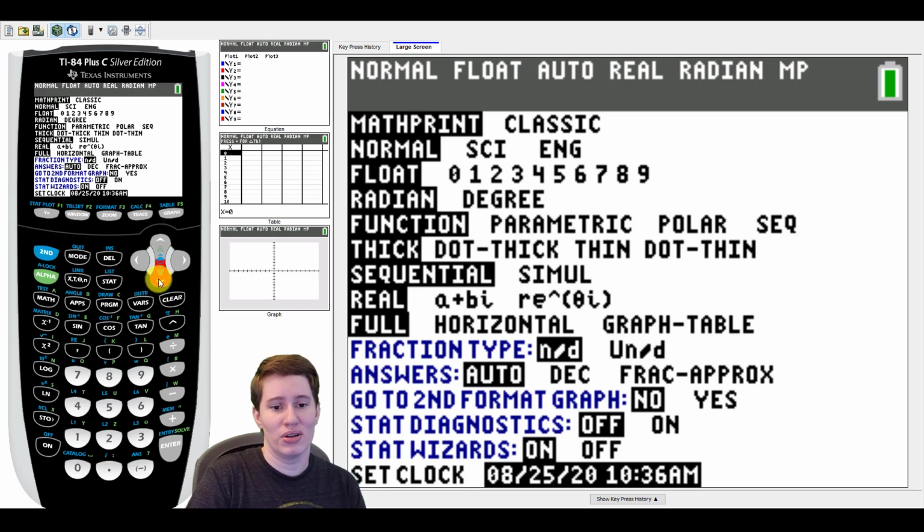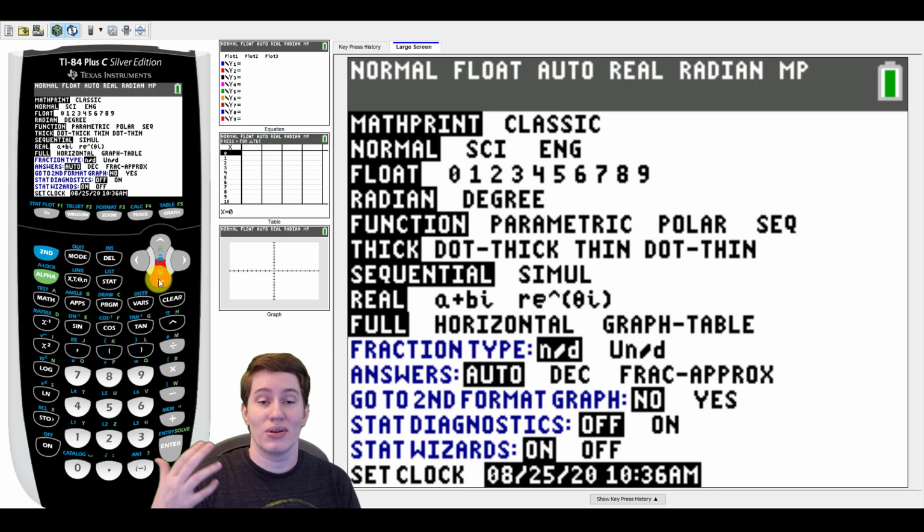Something that will be important to you at some point in your life is radian and degree mode. If you are using sine, cosine, or tangent, or trig functions, and you are trying to find sine of 45 degrees, your calculator needs to be in degree mode to get the right answer. If you are just now starting to have a graphing calculator, you may not even know what radians are,